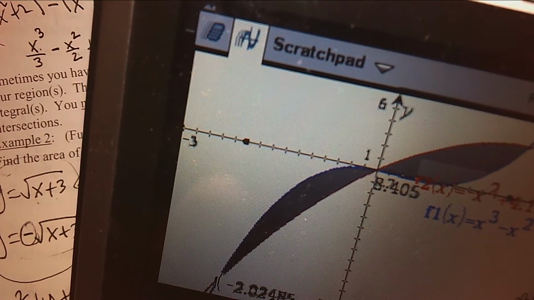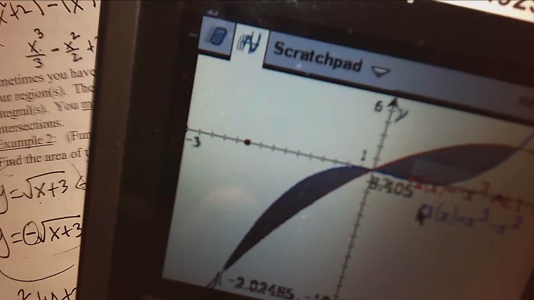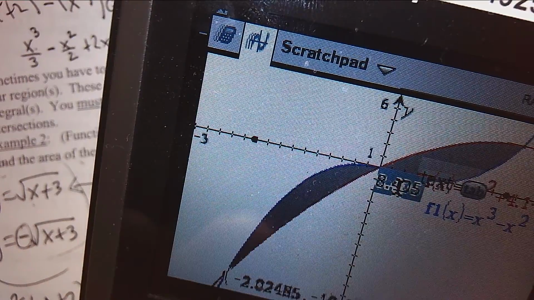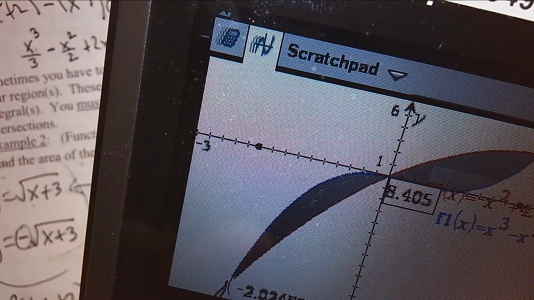So the answer is right here. Let me move that for you. Oh, it's 8.405, but